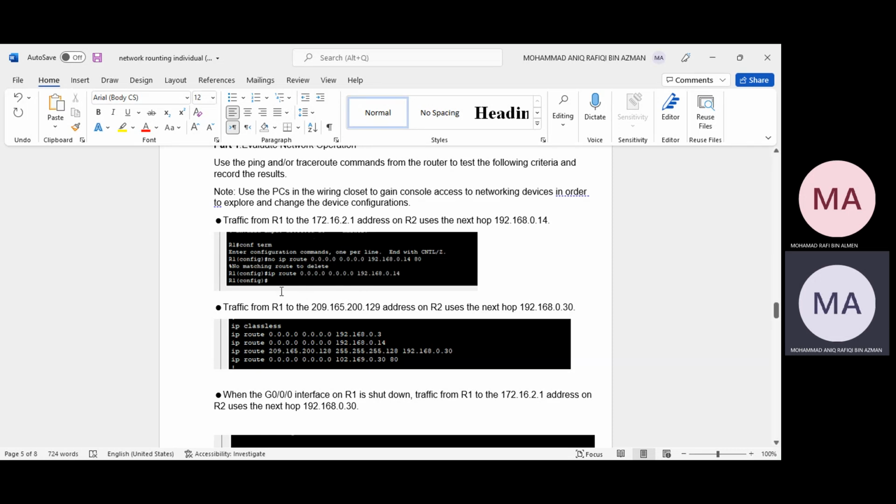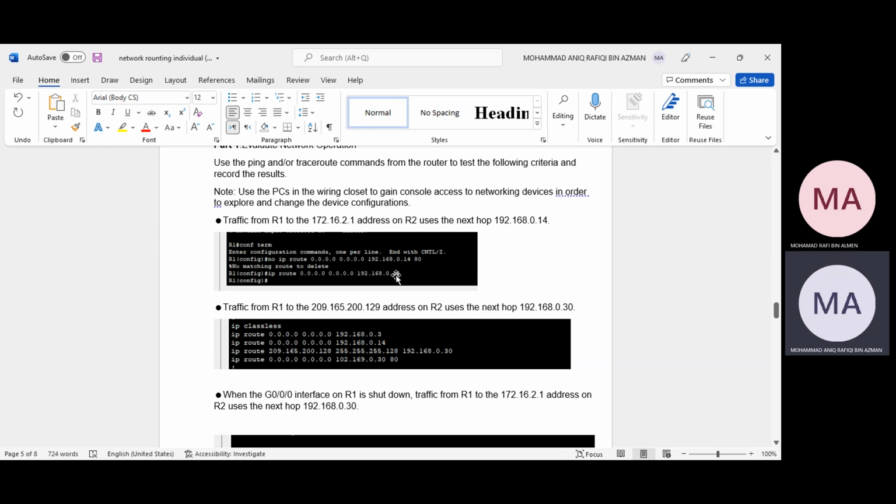I use conf t and no ip route to delete the incorrect next hop address, and the next command is ip route 0.0.0.0 0.0.0.0 192.168.0.14, which adds the new address to replace the one that was removed.